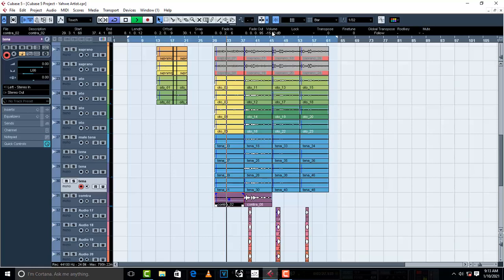Then I want this contra to really be in the back, so I've set the high at the high, which, you know, I want it to really be pushed in the back, so I've taken it to around